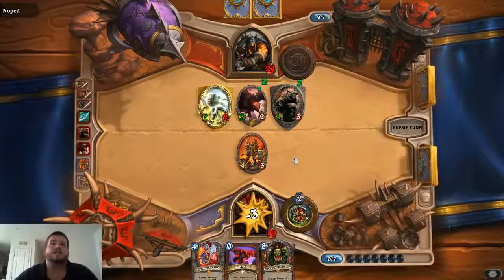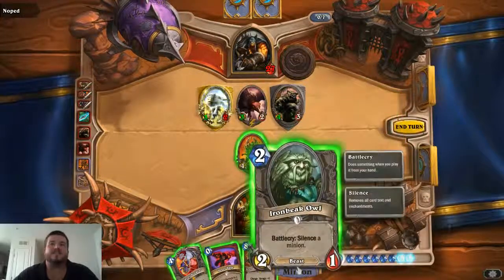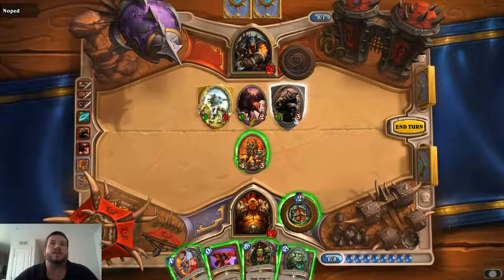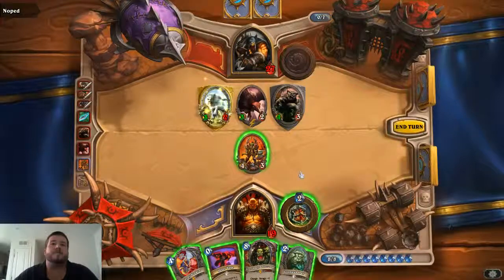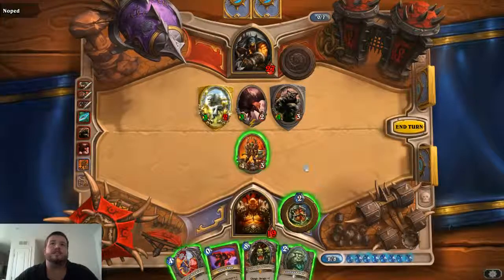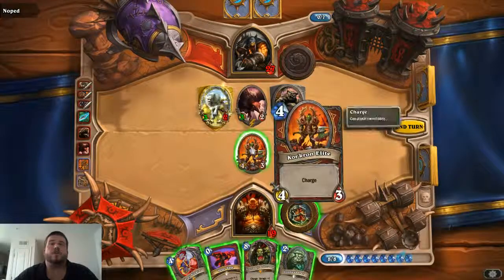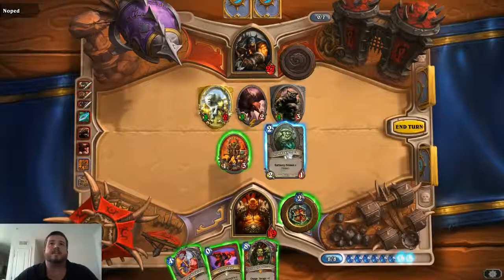Yeah. Alright. Problem now, ooh, okay. This is where having the silence is important. Because we can trade here, pop out, silence the beast, and then we can Grommash and hit him. So, that's what we're going to do. We will... What now? Let's see. Let's silence. I just want to see...